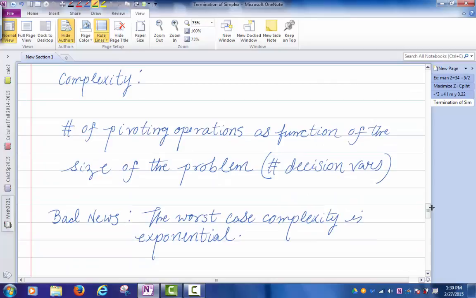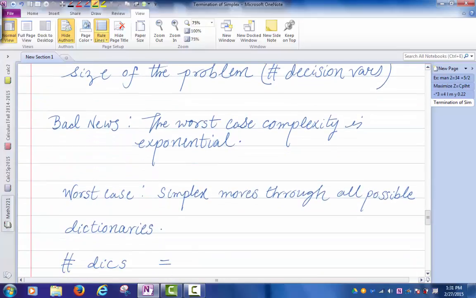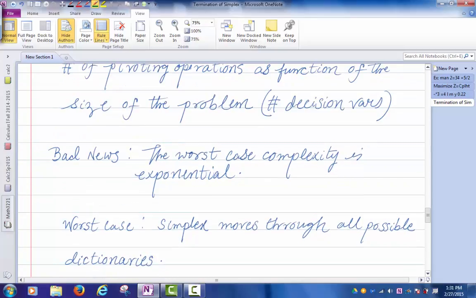That's the bad news. When you took a programming class, I'm pretty sure your instructor might have said, if you have a complexity of exponential, that's bad. On the other hand, though, the good news is, on average, in practice, simplex